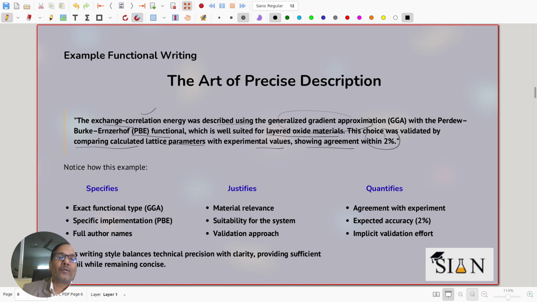So you can write that you have used GGA. You compare the result with GGA or other exchange-correlation functionals, and you find that this GGA is better. How much percent better? You can also mention that. For example, here it is mentioned that the lattice parameter is in good agreement with experimental values within a window of 2%. And let's notice for this example that the functional type is GGA, and the specific implementation is PBE. This is the name of the developers also, and we have mentioned the full author names,